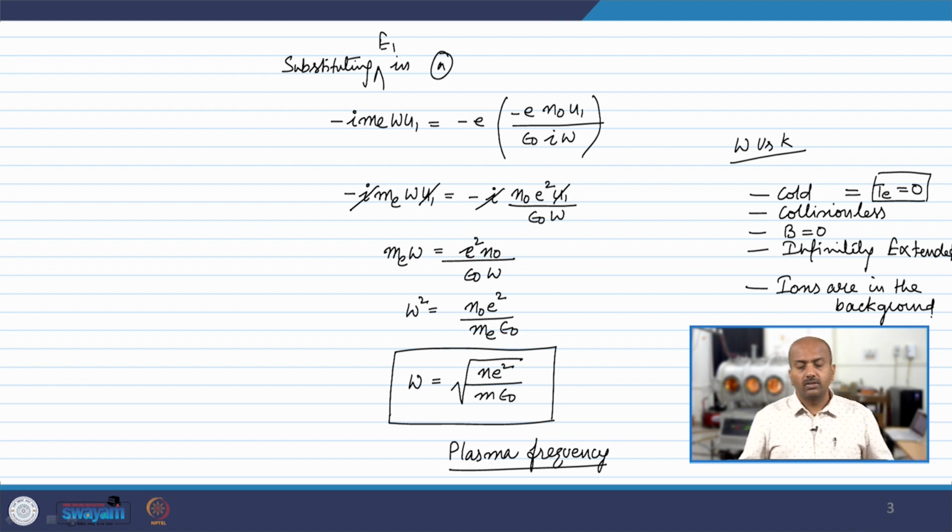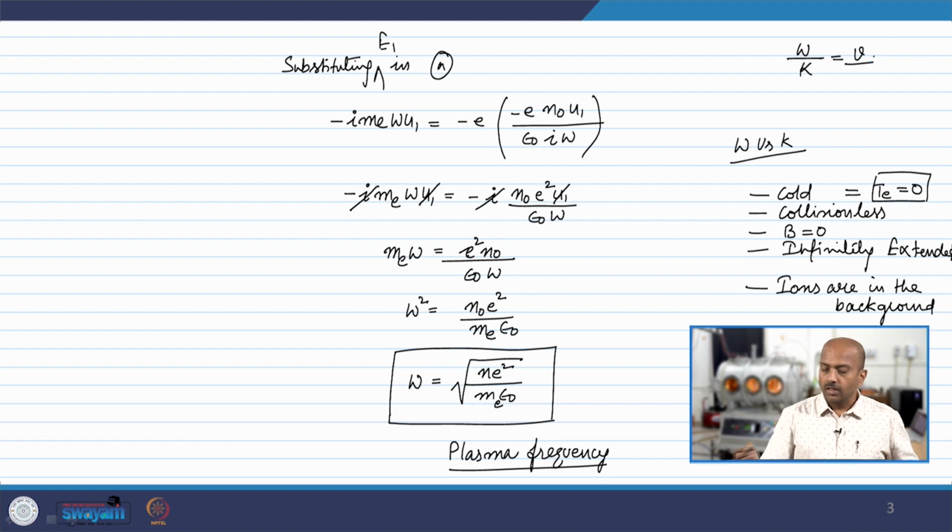But this approach, which is basically out of the MHD equations, also leads to the same expression. The most important fact that we have to understand about this is that omega, the angular frequency, seems to be dependent on the number of electrons, the charge of electron, the mass of electron, that is it, right? And it is not dependent on k. So, if you say omega by k is the velocity, right? So, this expression tells you that the angular frequency is not a function of k,